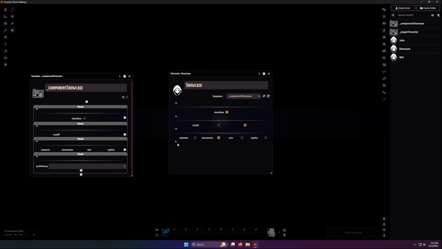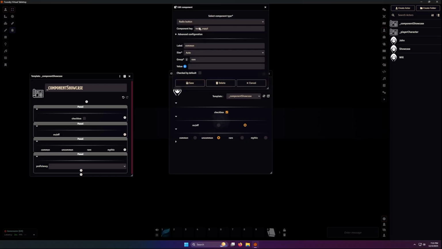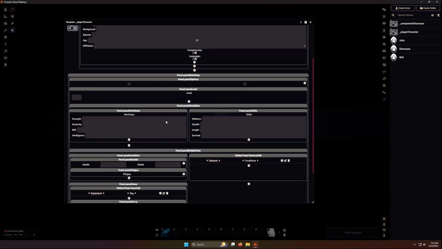When creating a radio button, we are only creating one option at a time, meaning fatigue level 1 is just one radio button. We can link our options, like fatigue 1 and 2, to the player's choice of fatigue level by entering fatigue into the component group field, but be careful to make sure that it matches exactly. This way, only one level of fatigue can be active at any given time, and it doesn't affect our roll